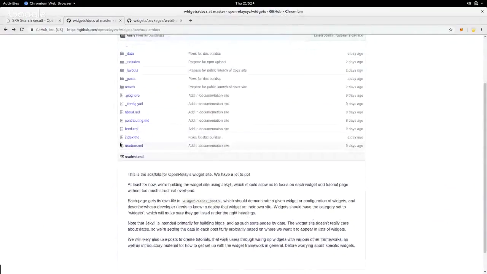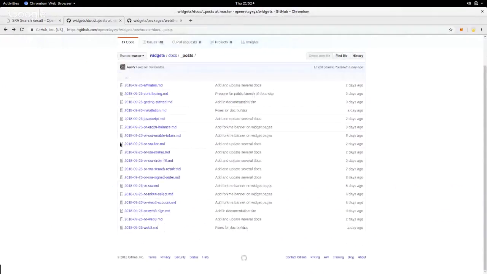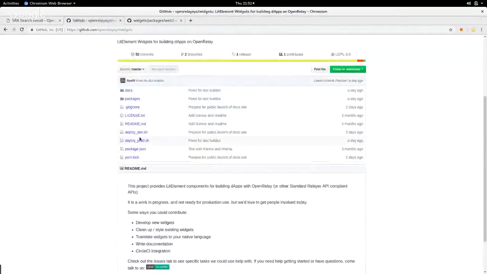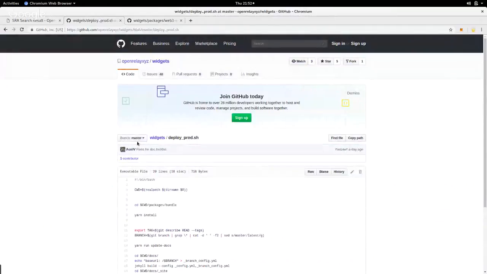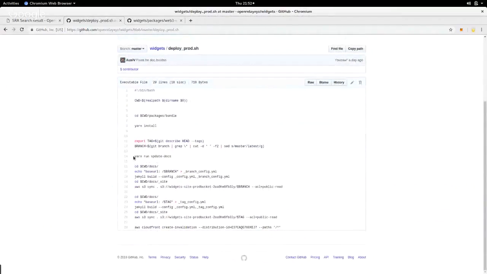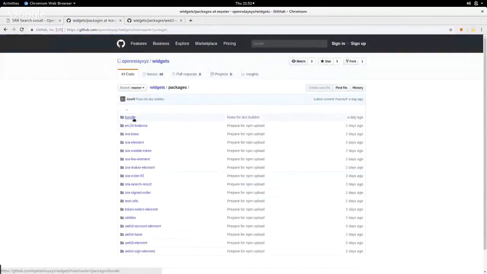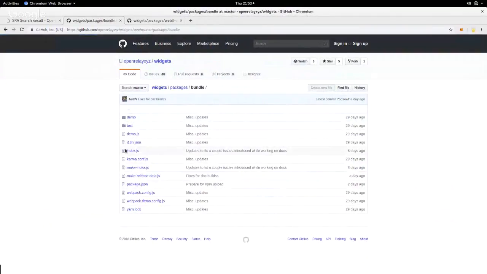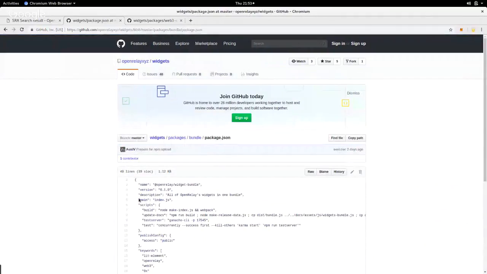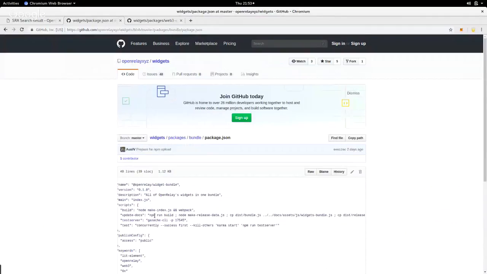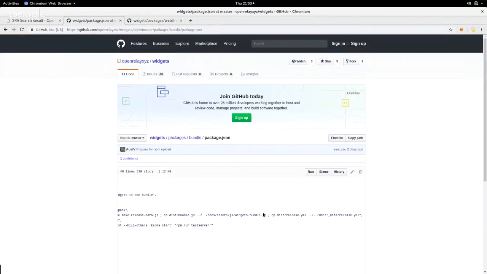When we compile the content, if we go back up to the deploy to prod.sh file here, it is going to run yarn update docs in the packages bundle folder. So if we go back up to widgets, packages, bundle, here in the package.json, we see an update docs script. So that's going to run npm run build node make release data. Then it's going to copy the widget bundle to the docs page, or to the docs folder, and the release.yaml